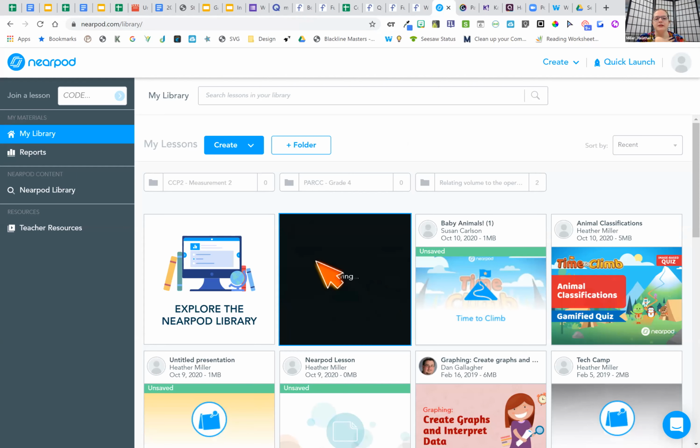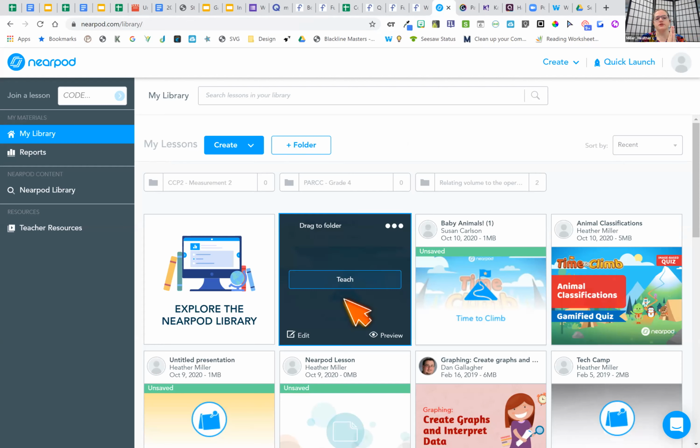I'm going to play this one with you guys and show you, then I'm going to show you how Nearpod is actually attached to Google Slides, which makes it real easy since we're in Google all the time. Pear Deck and Nearpod, like I said, are very similar, and they are both able to add on right into a Google Slides presentation that you're creating.